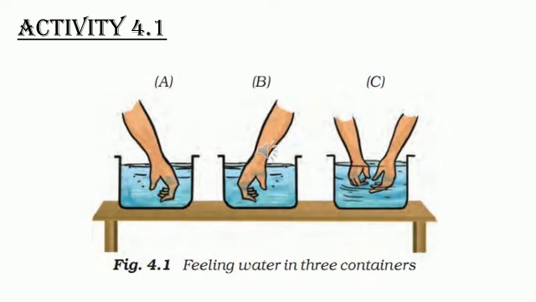And how do we measure this hotness of an object if it is too high? The hotness of an object is said to be its temperature, and the temperature is measured by a device called a thermometer. Okay, so the device used to measure temperature is called a thermometer. We will study about the thermometer in the next slide.